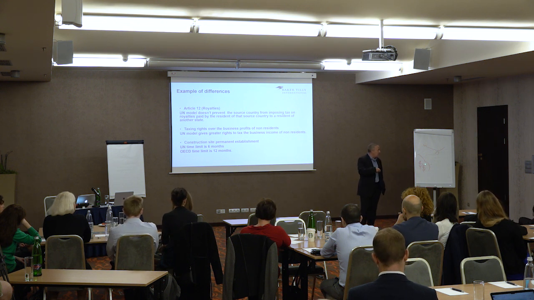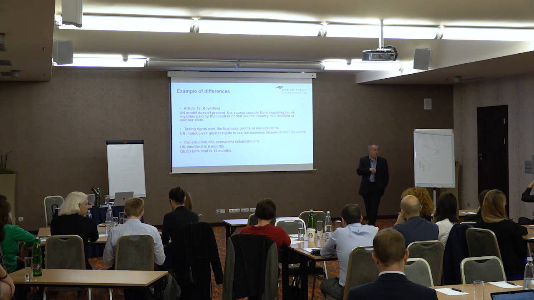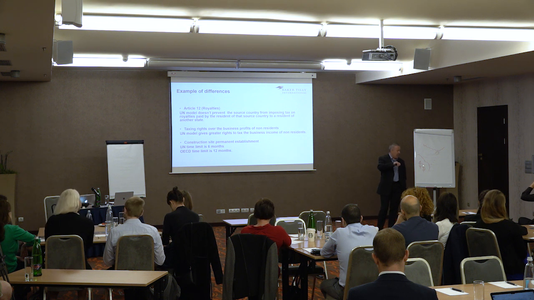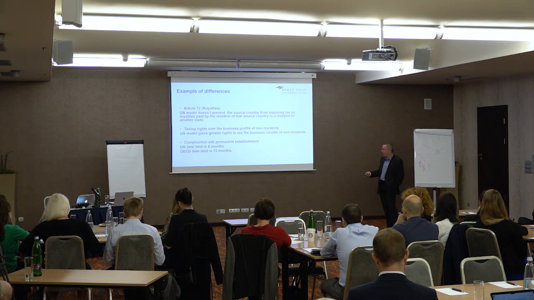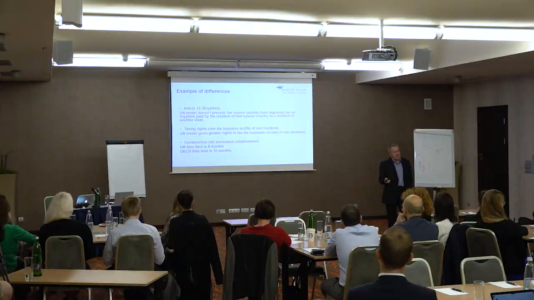Whereas in the OECD one, it's 12 months there. So you can see the natural implication of that. It's easier to be taxed under the UN model there than it is there, yeah? Because you've got the creation of a taxable entity in the form of a PE quicker there than you have in the other country. Make sense? So that's the basic difference between the OECD and the UN model treaty, and that's the only thing I can really think of telling you.